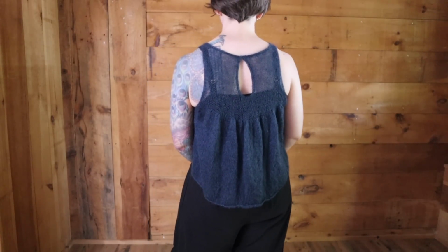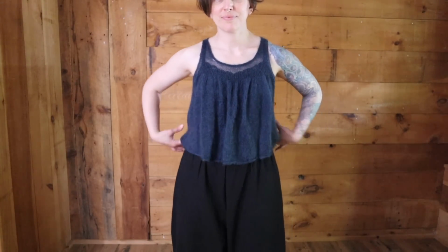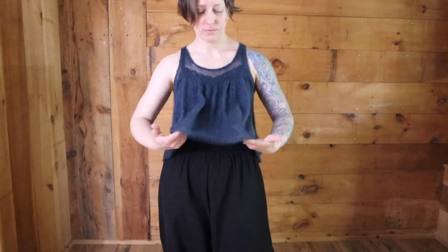You use a significantly bigger needle for the straps and the top portion, the first couple inches of the body. I think it's a 5mm needle. And then at the point where you do all of these rapid increases just above the bust, you change to a smaller needle. I think it's 3.75mm. And at that time, you're doing these really exponential increases that create significantly more fabric for the body of